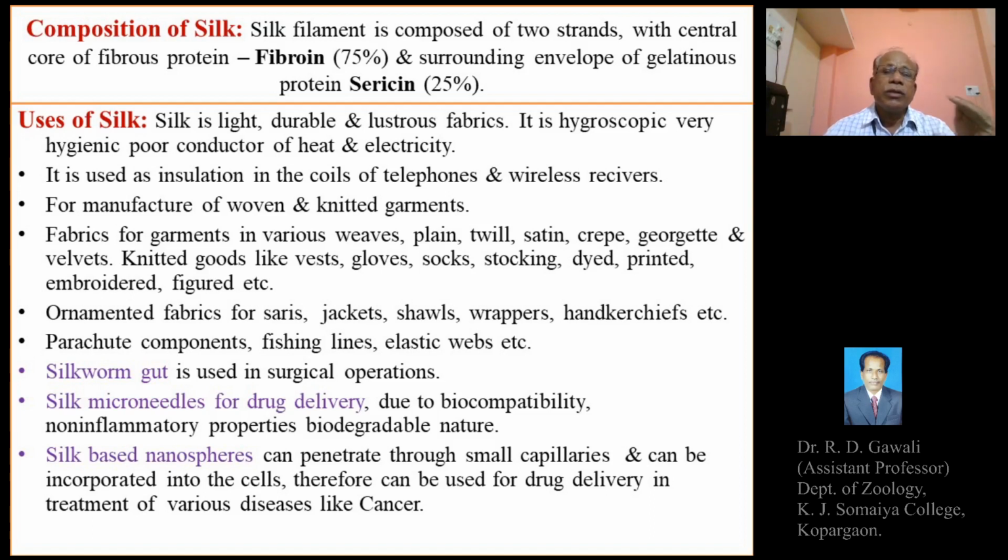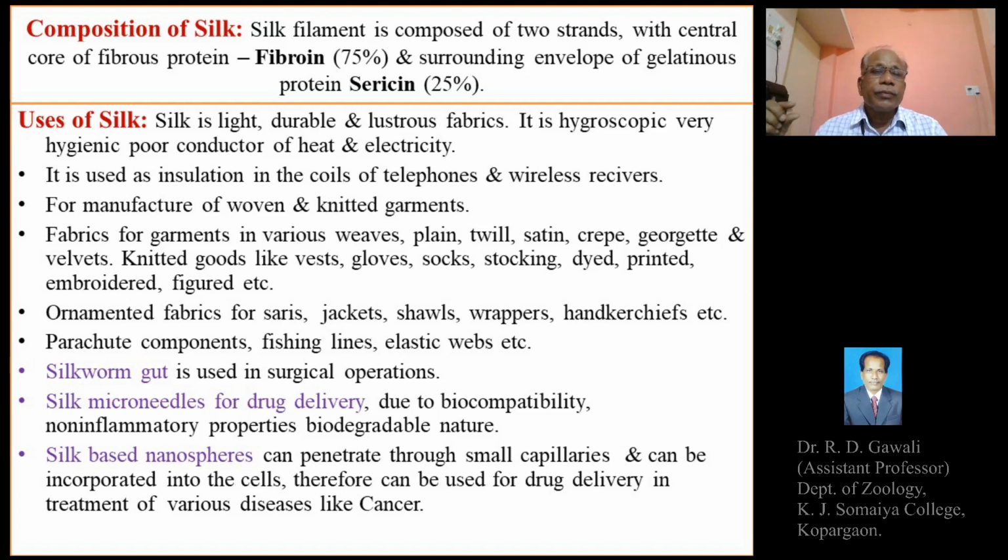So these are also the various components made by using the silk. Then silkworm gut is used in surgical operations. As far as the biotechnological or biomedical applications are concerned, the raw silk